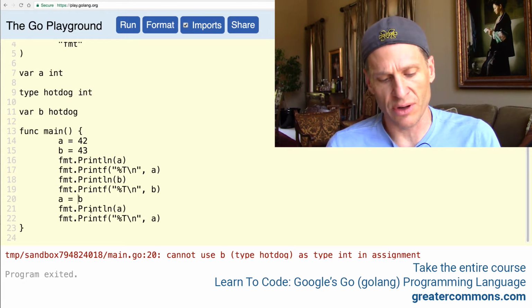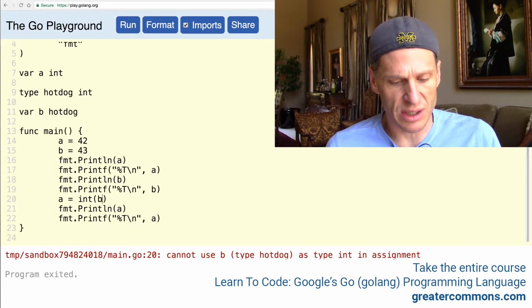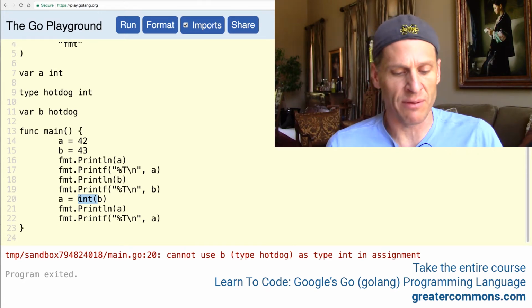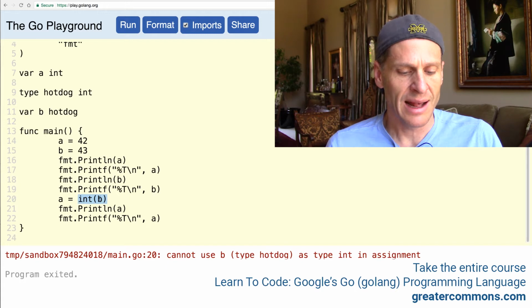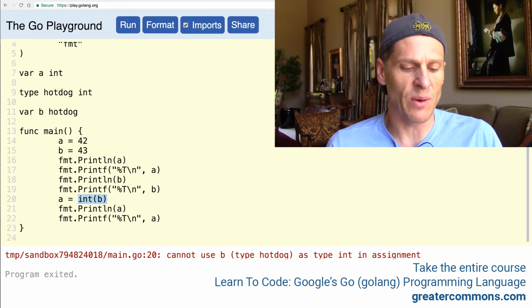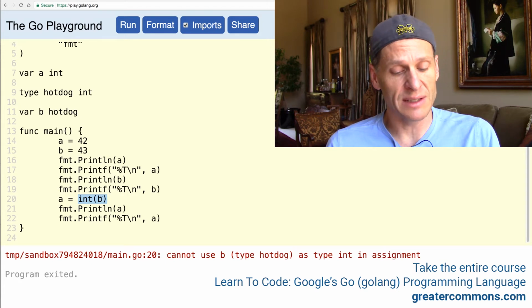so we could use conversion. And this is conversion right here. If I take B, which is type hot dog, and I convert it with that syntax here, just int and then parens and wrap it around whatever you want to convert, I use conversion, I convert this to an int. This little expression right here is going to evaluate and take this value of type hot dog